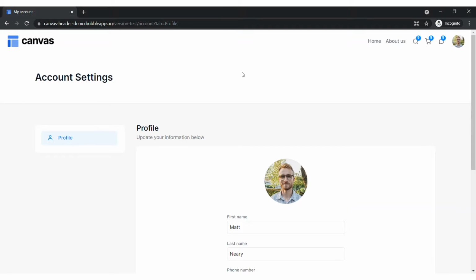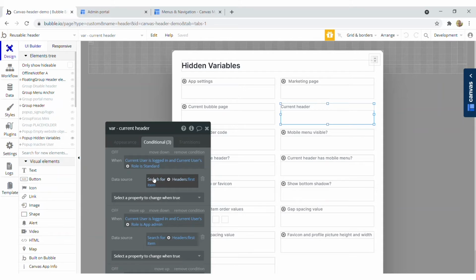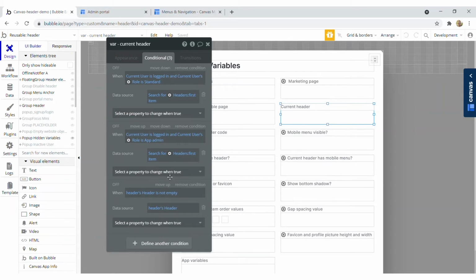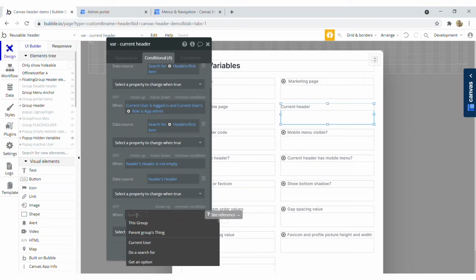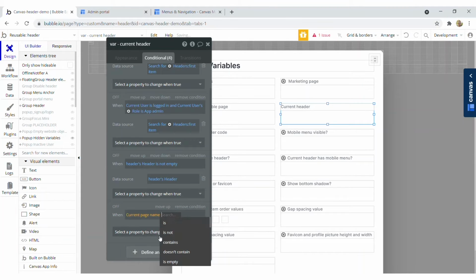Okay, so now we're on this account page. We want to be able to show our new header whenever we're on this account page. So I'm going to go into the Bubble editor, and I'm going to come back to this variable current header. I'm going to add another condition here, and that condition is going to be when the current page name is account,